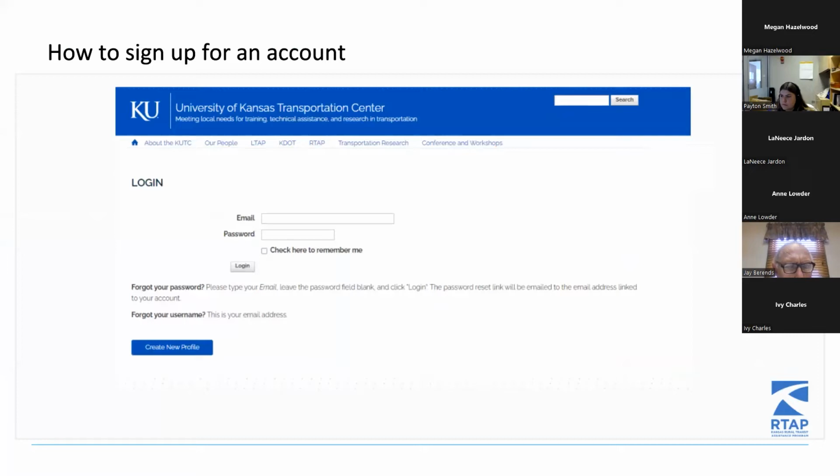So we'll go over this when I share my screen, but just a brief overview. This is what your page should look like when you reach the login stage. And again, I will share my screen and go over this with you, but you'll see there is a forgot your password. So you'll type your email, leave that password field blank and click login, and that should reset your